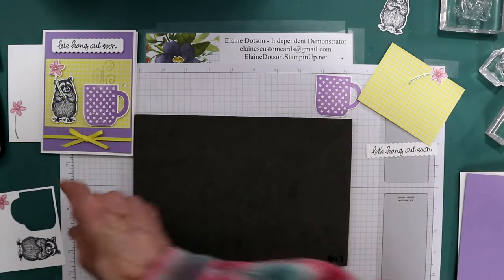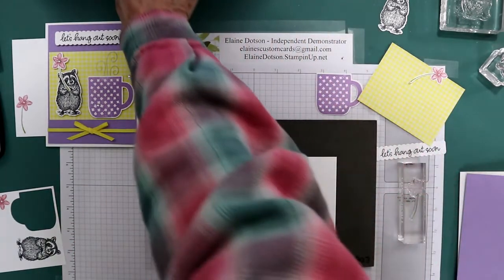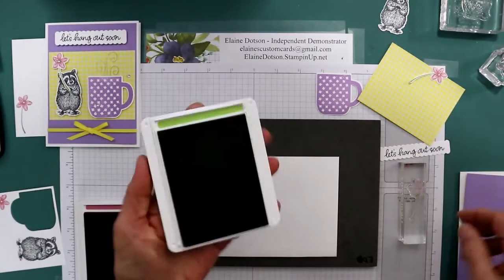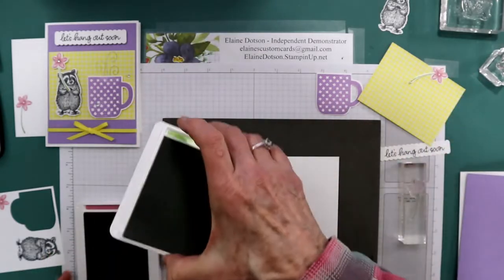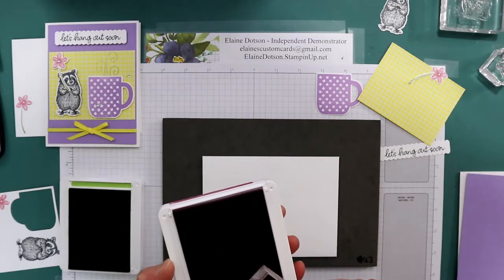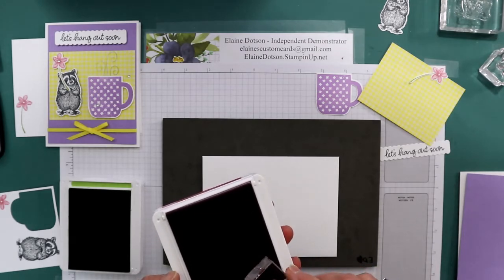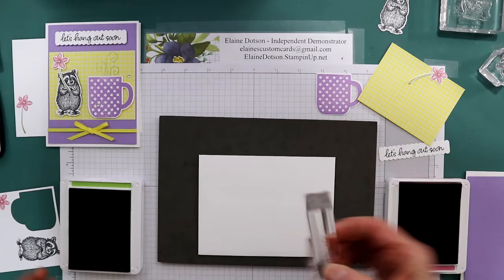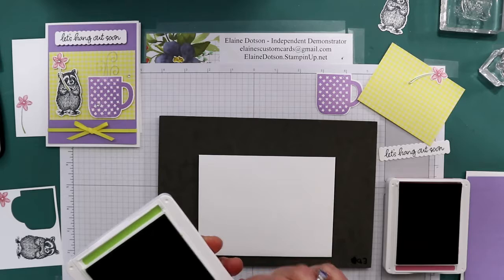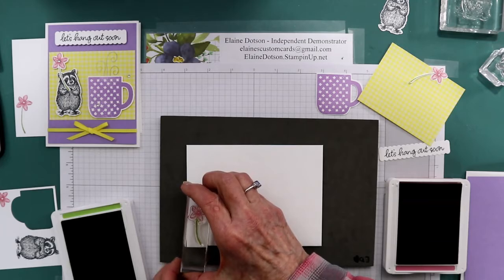Let me stamp the envelope because I stamped a large flower on the envelope, so we'll get that done while we have this out. Should have just stamped on that. That's okay. So I'm going to take pink, the Rococo Rose first, and get the ink on it. Make sure you get full coverage. And I'm going to take the green, the Granny Apple Green, and get ink on the stem. And then we're going to stamp it right here on the envelope,